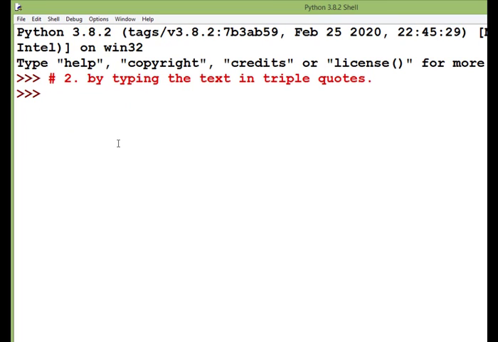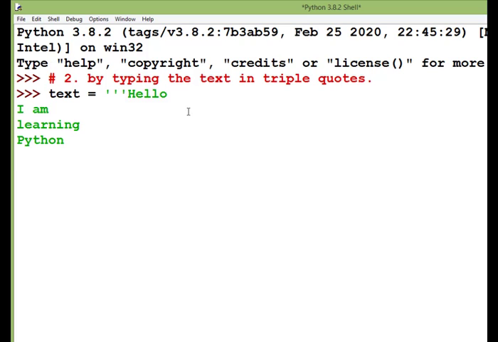Okay, now we are using the second method of typing a string in multiple lines, and the second method is by typing the text in triple quotes. So I'm just creating a variable, let's say text is equal to 1 2 3 and hello, I am learning Python.